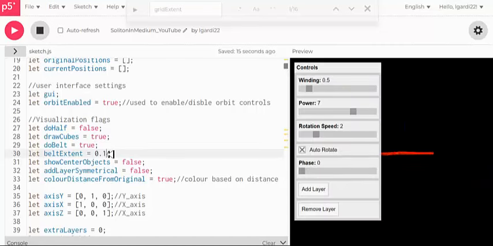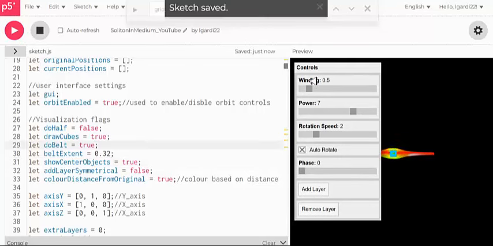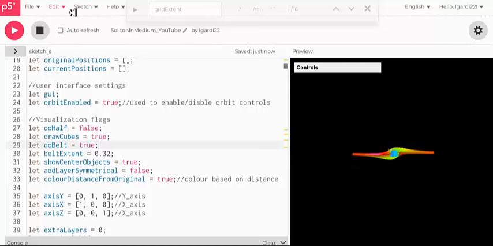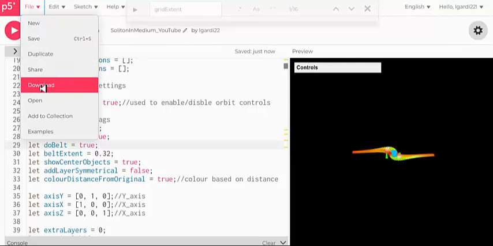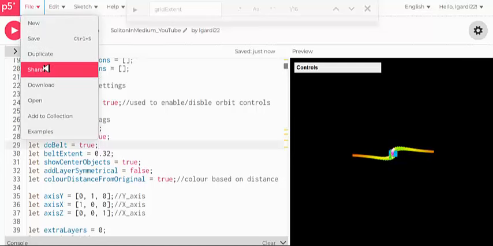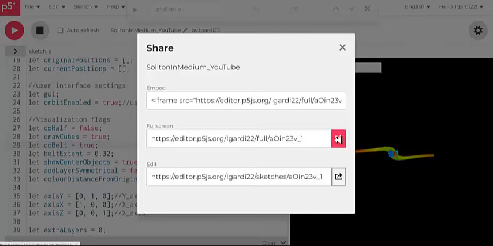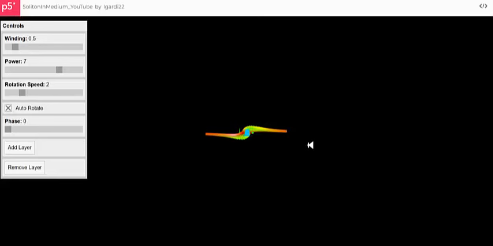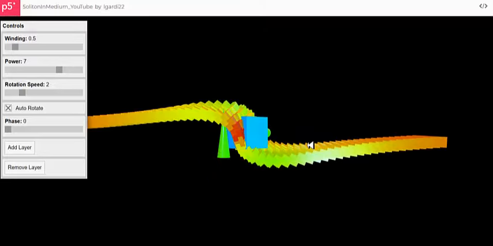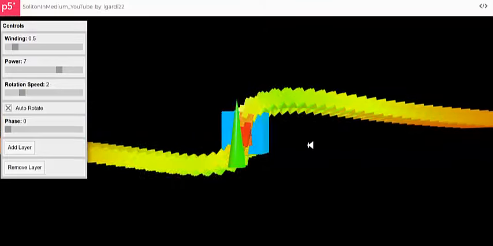Okay, so I'm going to set this back to 0.32, and then I'm going to set this equal to true. Let me just save that. If you want to see this full screen, then what you do is you click share and you click the middle one here, and what this will do is bring you to a full screen view of the